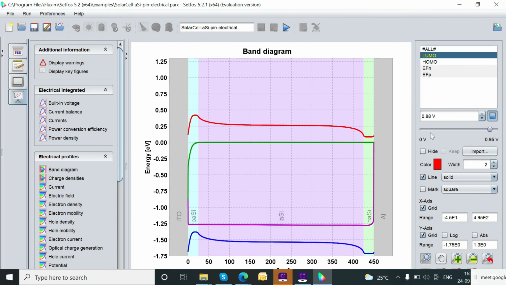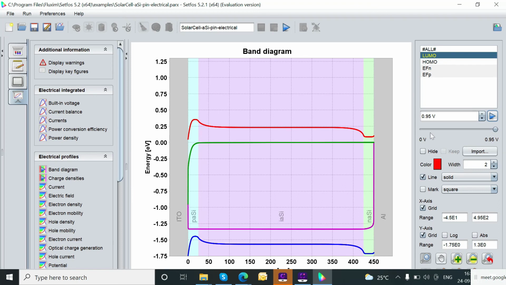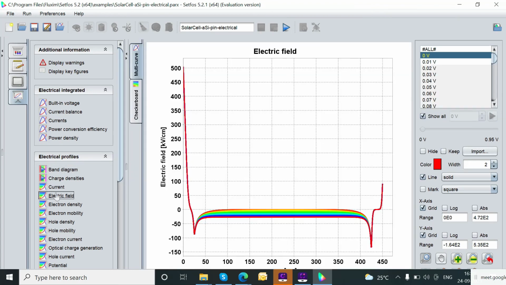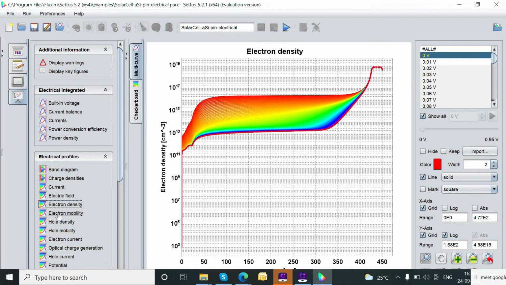Like if there are multiple semiconducting layers in between the electrodes, whether a layer is a p type or intrinsic type or n type, it is showing different colors with a different color scheme. So you can understand which layer is having how much band gap and with particular biasing voltage, because it is at 0 voltage and now the biasing is changing. You can see the play button is activated. So biasing is changing, then how the band gap is changing. It is playing with respect to the biasing from 0 to 0.95 volt.